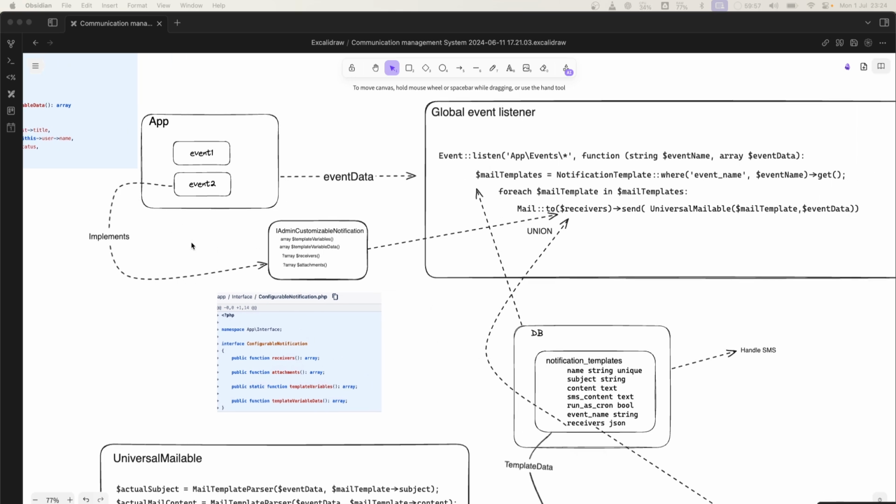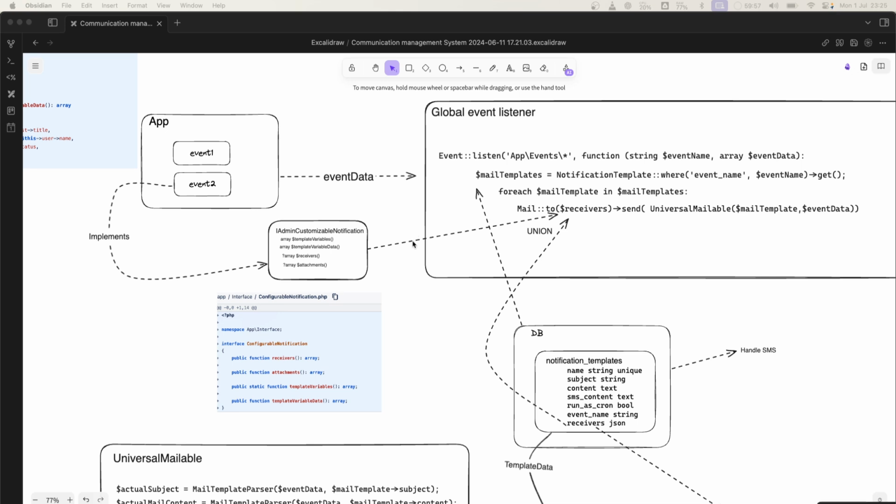So what this system will do is allow an admin or any user to define any kind of mail templates and then hook these emails into any event in our application. Let me give you an example. Let's say we have a blog published event and we want to create an email, SMS or any kind of notification for that particular event. Then the admin will go to the admin panel and create a new mail, or we can say mail template or notification template, and then he will define the content of the email, the format of the email with placeholder